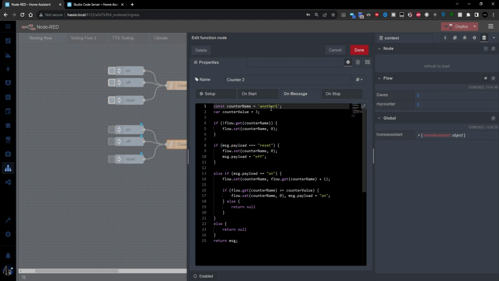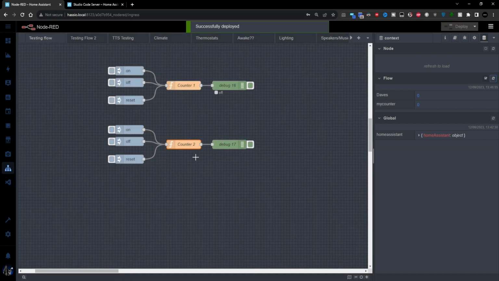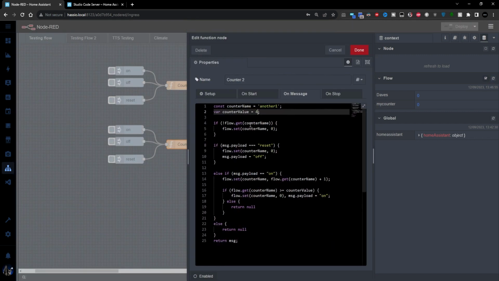One thing to note here, being a variable, you can't have spaces. You can have capitals, but it's frowned upon. I mean, I used it here, but ideally this will all be in lowercase, no spaces or special characters apart from an underscore. So this another one, I want this to trigger on, let's say, 4 pulses in. So let's deploy that. If I do a refresh, nothing's happened yet because this hasn't been triggered and that first line hasn't made our counter.